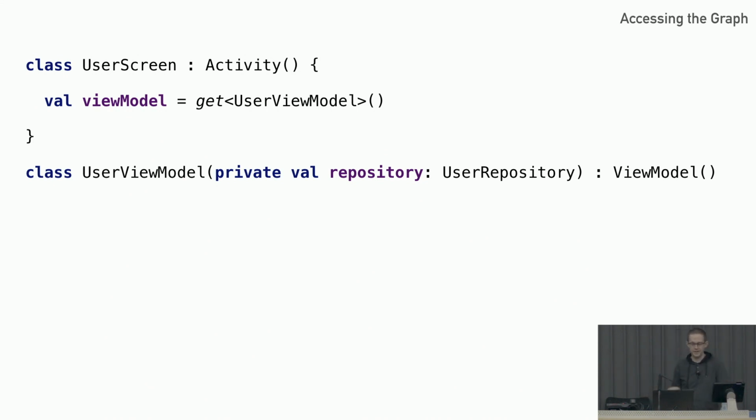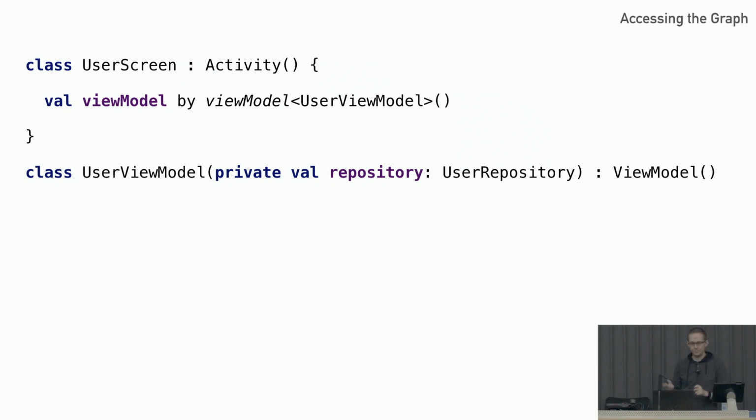So we were calling it with a get, which is eager, and it's bad. We can't do this because the view model needs to be linked to the lifecycle of the screen.